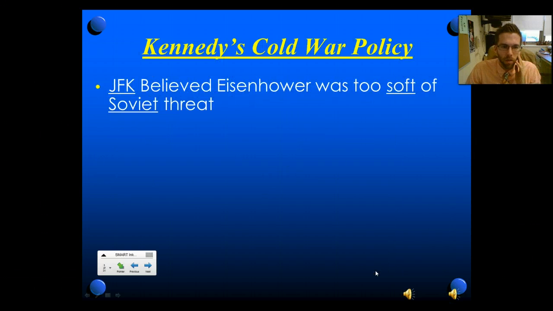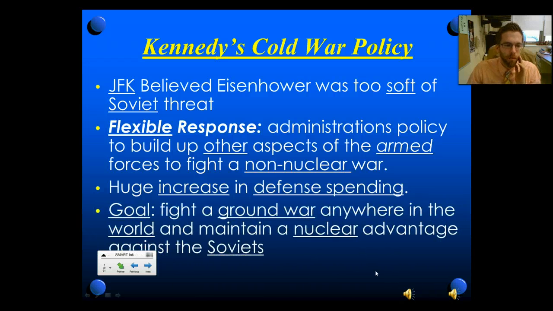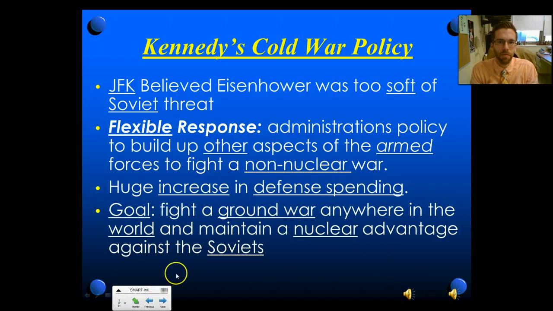Okay, so President Kennedy comes in with the idea that we need to be flexible. Okay, we can't put all of our eggs in one basket. We can't just be like, you mess with us, we nuke you. Okay, that doesn't work. He does increase military spending with the goal that if you want to take us on the ground level, we'll take you. If you want to take us on a nuclear level, we'll take you. But we really have options. We have this flexible response. So armed forces, non-nuclear forces, special forces, and increased nukes as well.